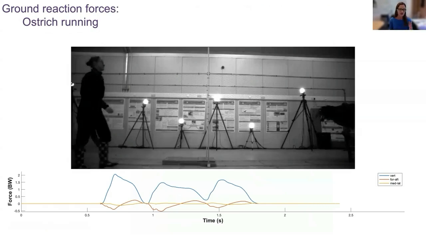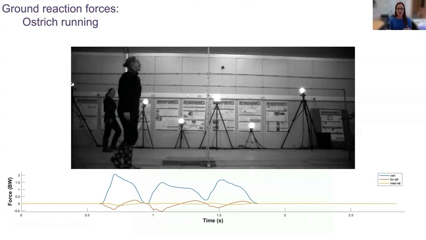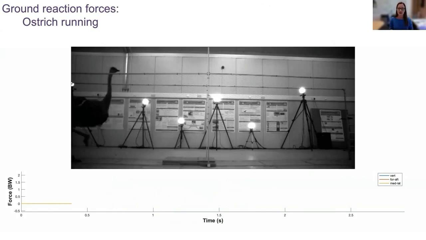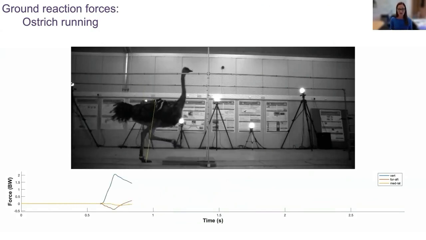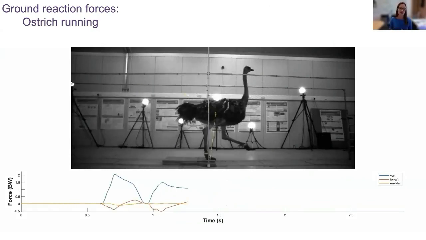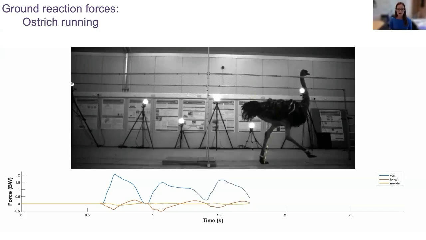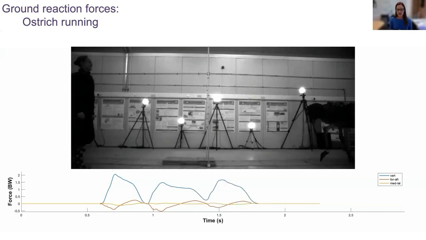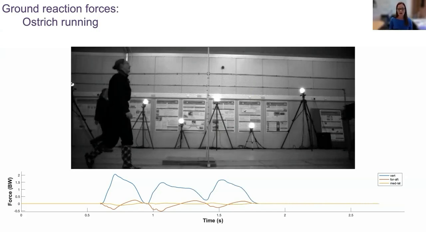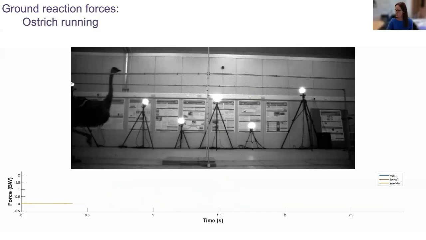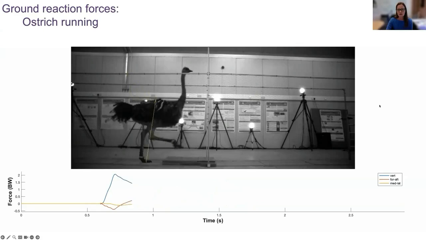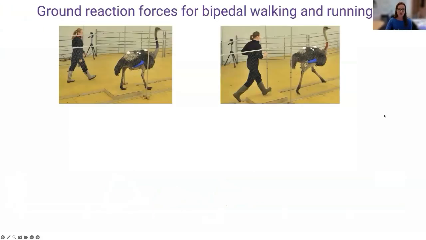Now this ostrich, it's not running perfectly steadily, so you can see that there's some variation in the peak magnitudes and the timing, but the general shape of the curve is that there's a large vertical impulse and then a decelerating and accelerating fore-aft impulse during each stance phase. Okay? And so the mass spring model can be used to represent the magnitude and timing of these ground reaction